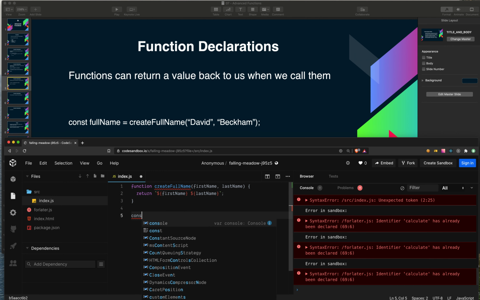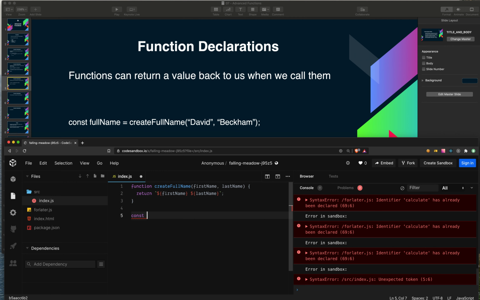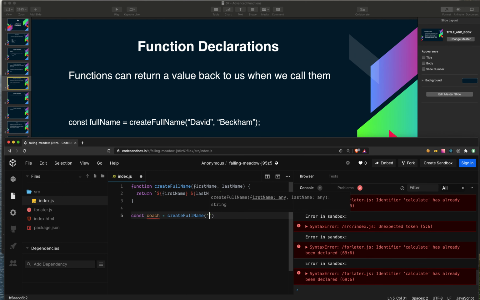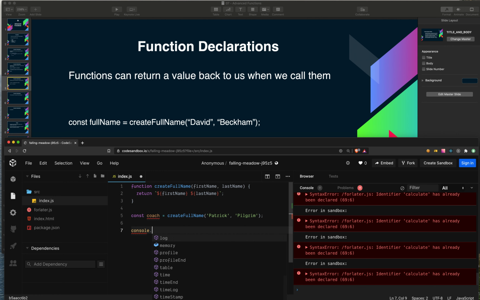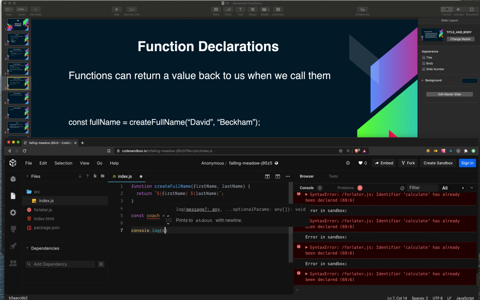Then const, then we can call that function with two parameters. Well, in this case, there will be arguments. And if I console.log coach,